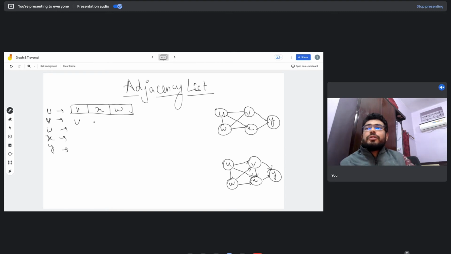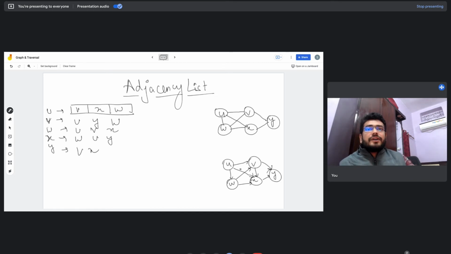For w, it is connected to u, v and x. For x it is connected to w, u and y, so we put w, u and y over here. Similarly for y, it is connected to v and x, so we put v and x over here.